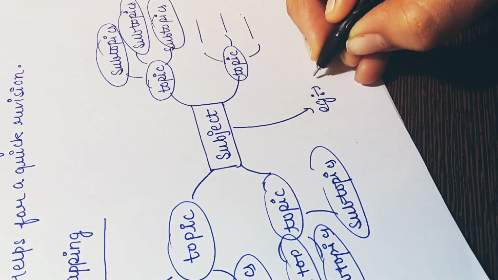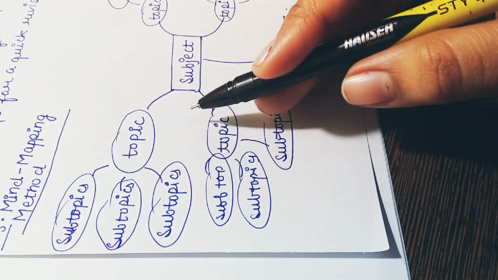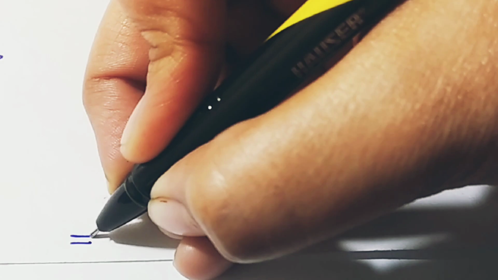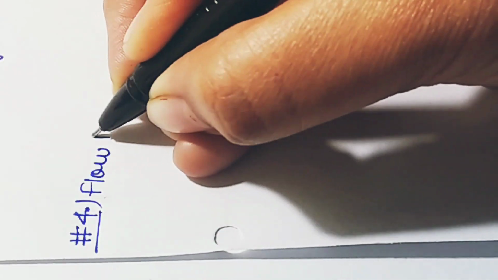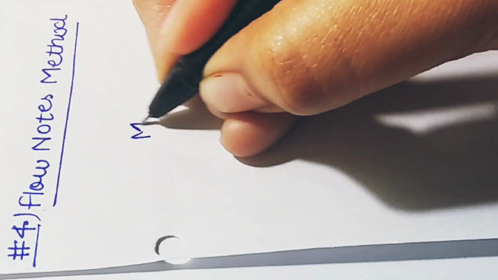And I think according to some research, it's very good for revisions, and I personally prepare my doomsday notes right before the exams, and they are the most brief and condensed notes, so I think this method has worked wonders for me. Okay, so the fourth method is the flow notes method.